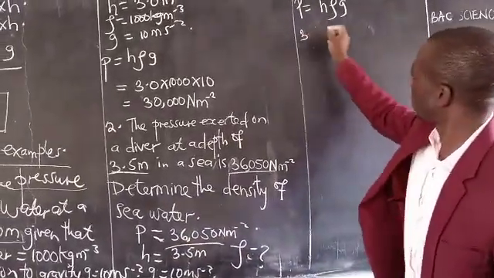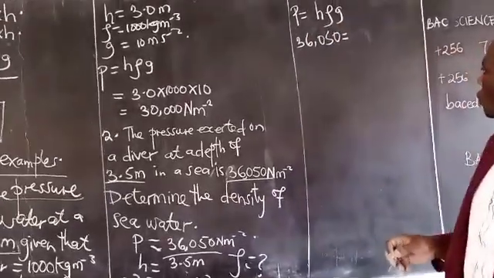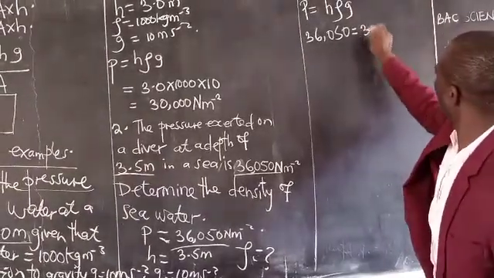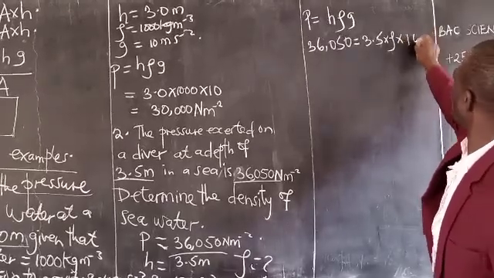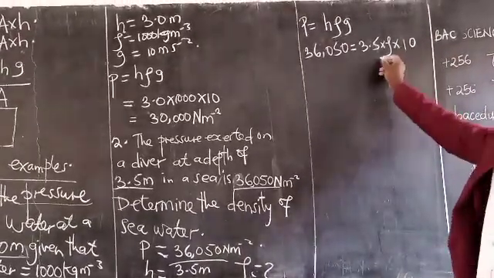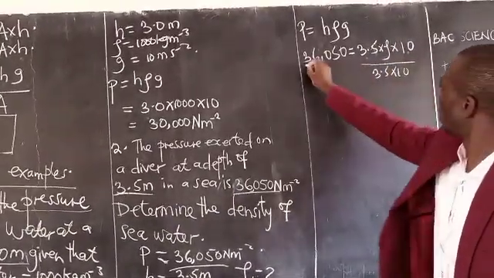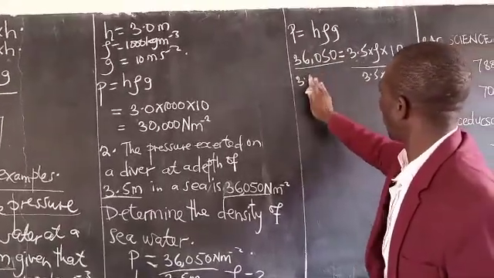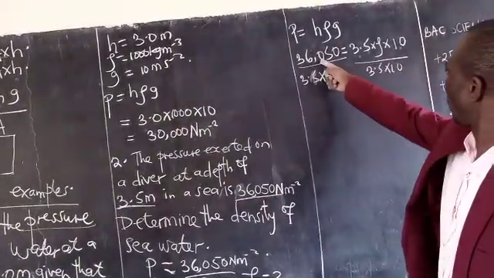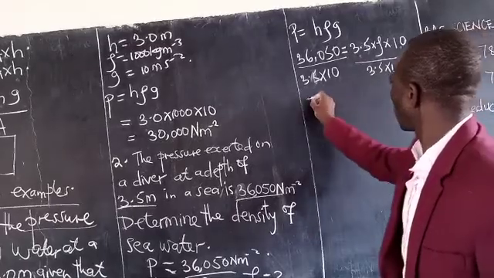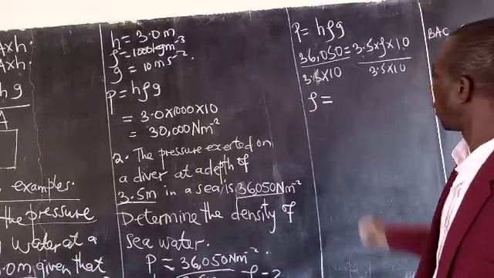Substitute: 36,050 equals, what is H? 3.5 times rho, which you don't have, times 10. How do we get rho? Let's divide by 3.5 times 10. Divide by 3.5 times 10. So when you press on your calculator, this divided by that, these ones have cancelled. We have our rho equal to,